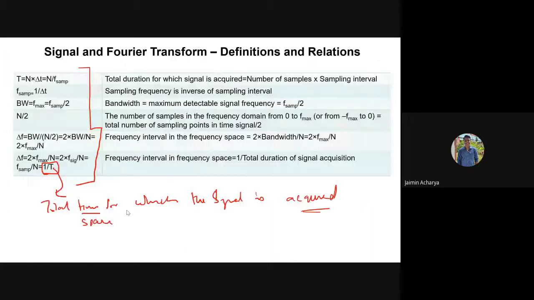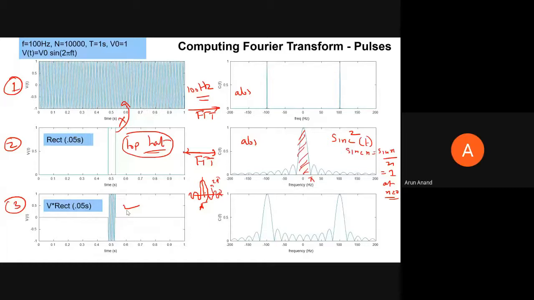Yes, sir. So basically, broadening is happening because of that. Yeah, broadening is happening because of the rectangular function, because of confining your signal. That's what I want to tell. So now see the spectrum. The cumulative spectrum is nothing but you have these two lines, these 2 points due to the sine function, and you have the broadening due to the rectangular function. The Fourier spectrum of it is nothing but a sinc function. Clear?